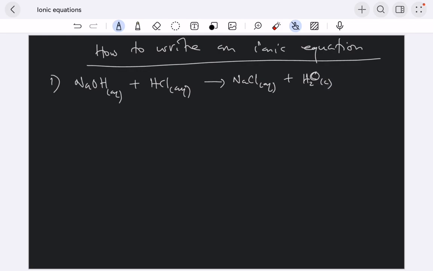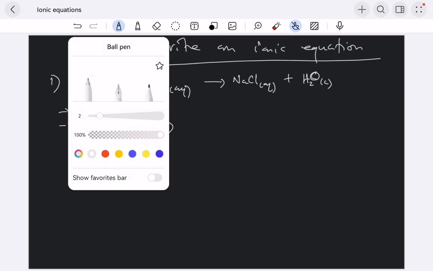So here, when we look at this equation, the first question we'll ask ourselves is: is it balanced? When we look at this, it is a balanced equation. So the equation is balanced, you tick. Then what follows next is dissociation. Dissociation: only compounds in aqueous state. So remember, when you dissociate